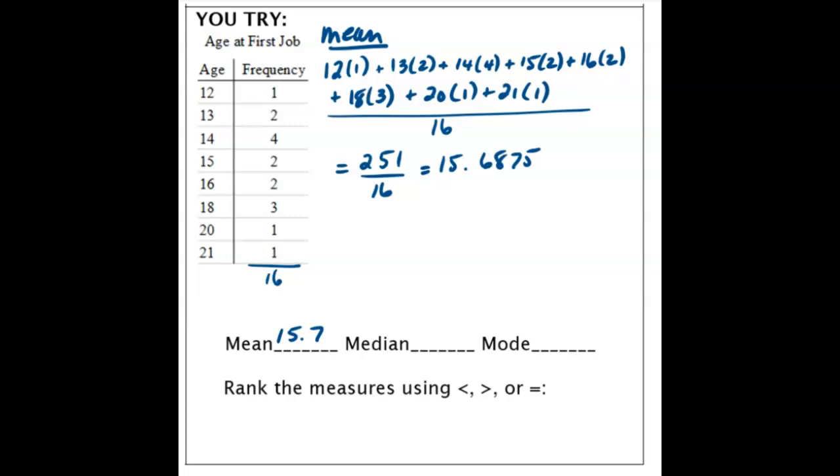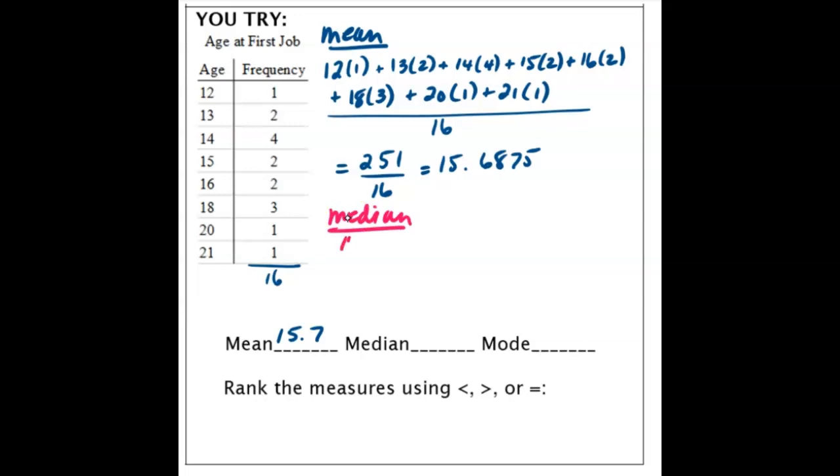Now for the median, we're trying to find the one that's in the middle. So I know I have 16 numbers. Since I have an even amount of numbers, I'm not going to have one number exactly in the middle. I'm going to have two numbers in the middle, and I'm going to have to add them and divide by 2 in order to find the median. So what I like to do,